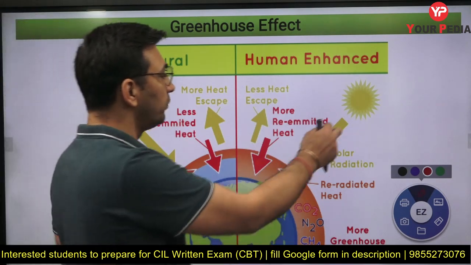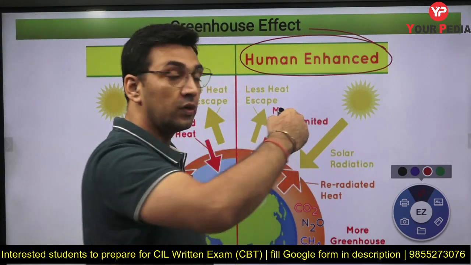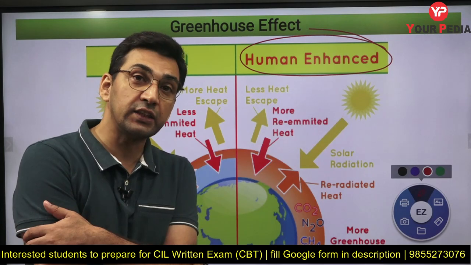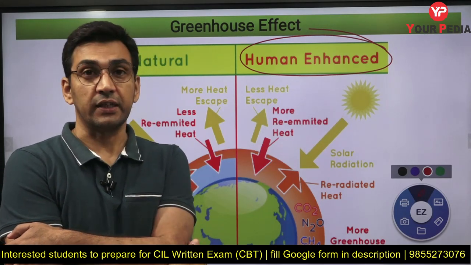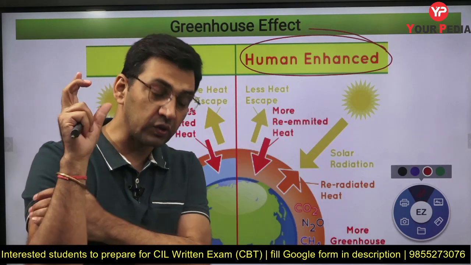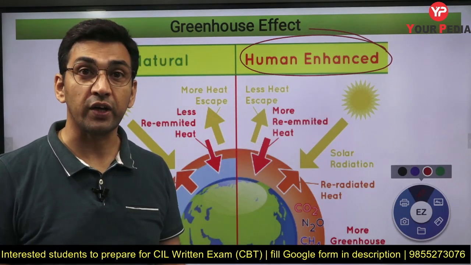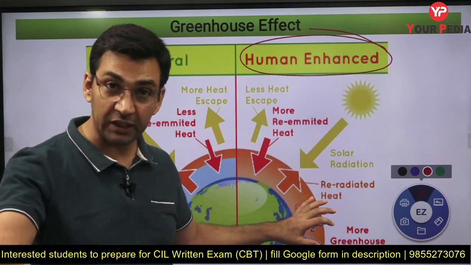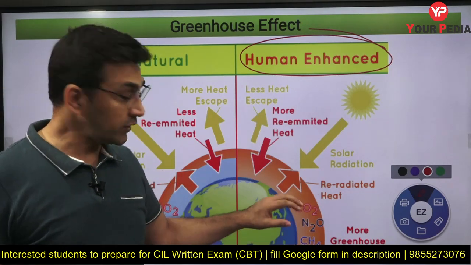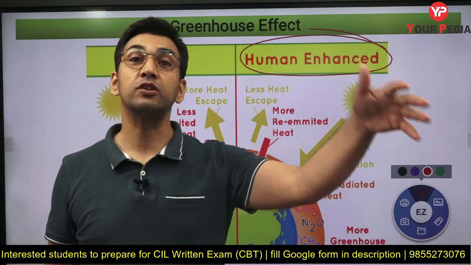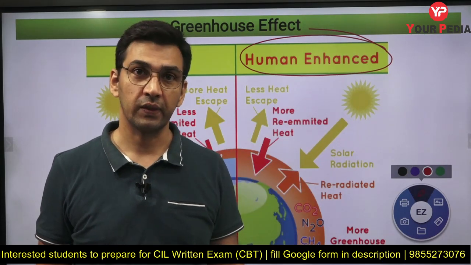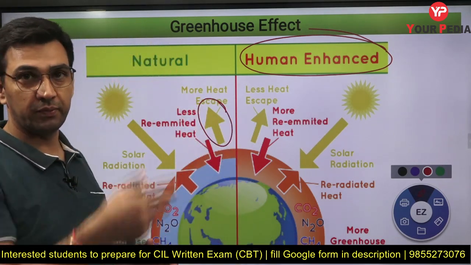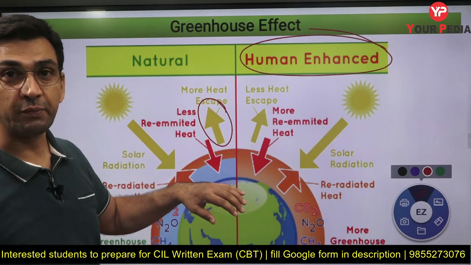But what happened is, because of our activities, we are releasing a lot of greenhouse gases into the environment, and the most prominent gas that you are aware of is carbon dioxide. You are releasing so much carbon dioxide into the atmosphere, and not only carbon dioxide, you are releasing nitrous oxide and methane also, so that the overall quantity of these greenhouse gases has gone up in the environment tremendously. So now what is happening is, the larger portion of the heat which used to escape, now exactly the opposite is happening.